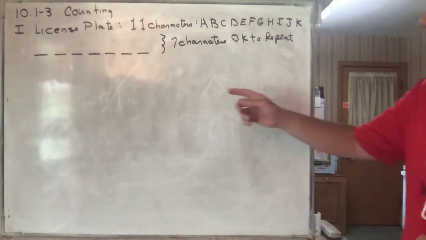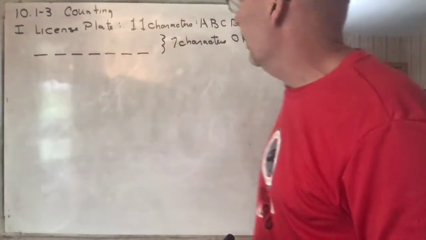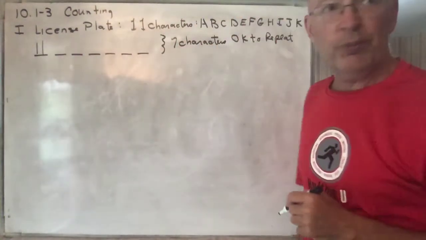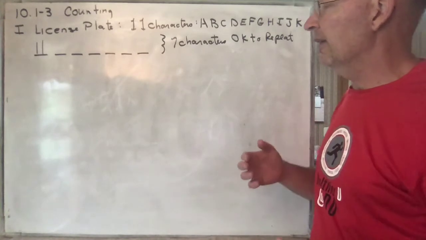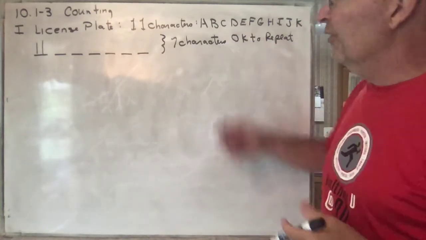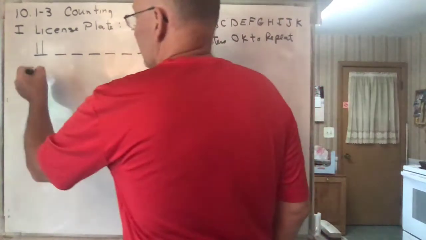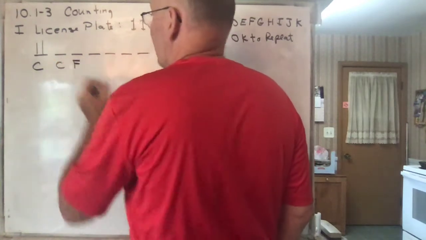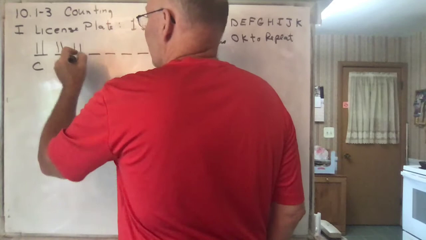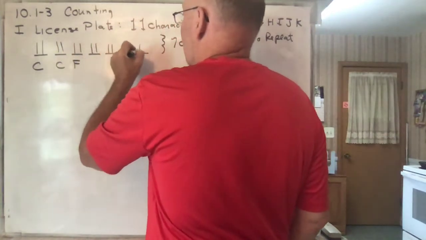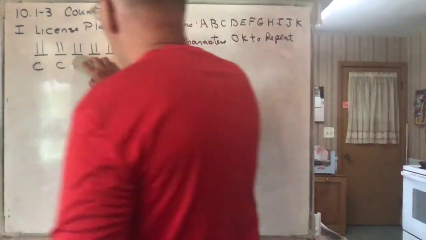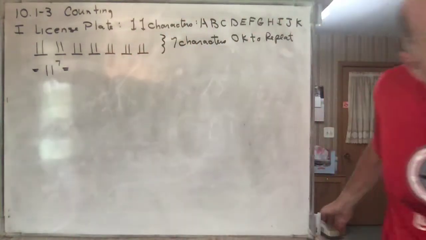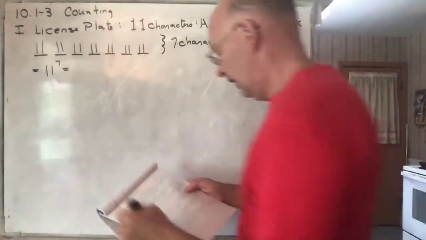Okay? So, how many choices do we have for this first spot? Do you agree that I have 11 choices? And once I filled that first spot, just like the ties and the shirts, now how many choices do I have for the second spot? Well, if I choose a C here, I can still choose a C or anything else there, and I can still choose anything I want there. So I've got 11 choices here, and I still have 11 choices for each of these things. And so by the time I'm done, I've got 11 to the 7th power, which I think I calculated, is equal to